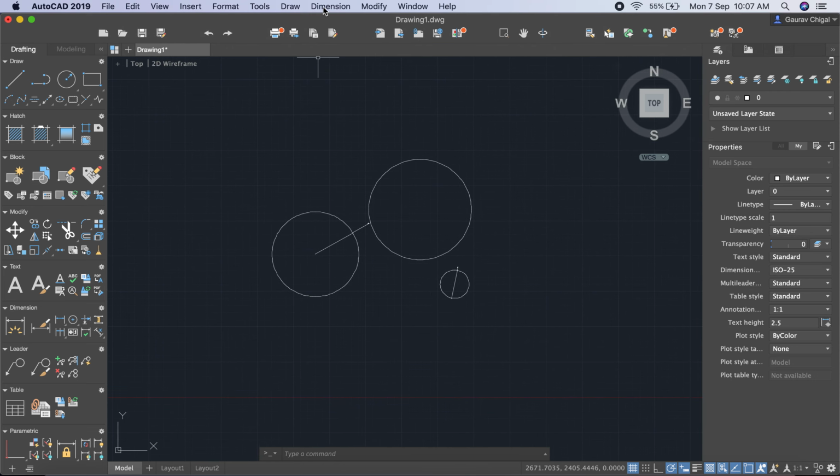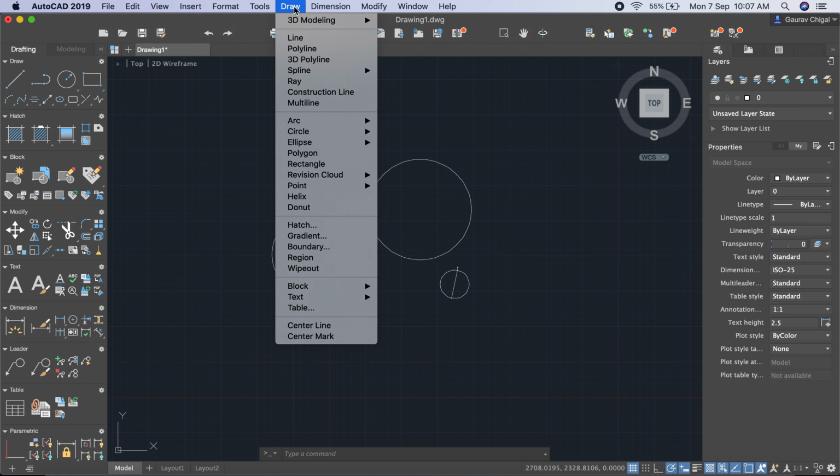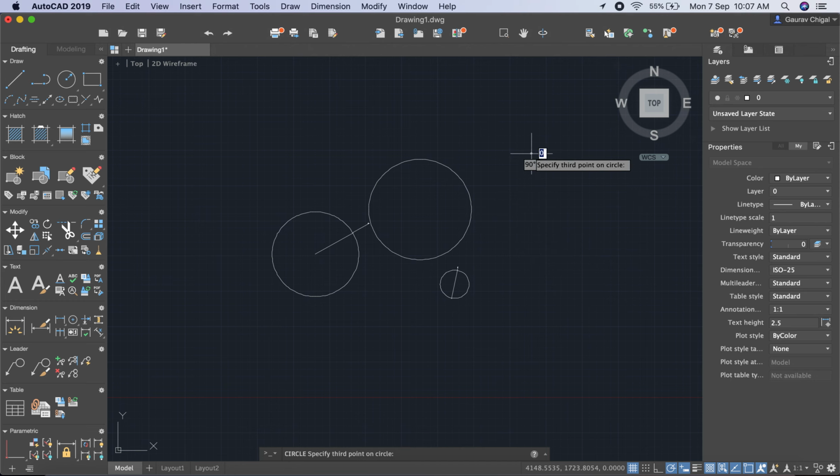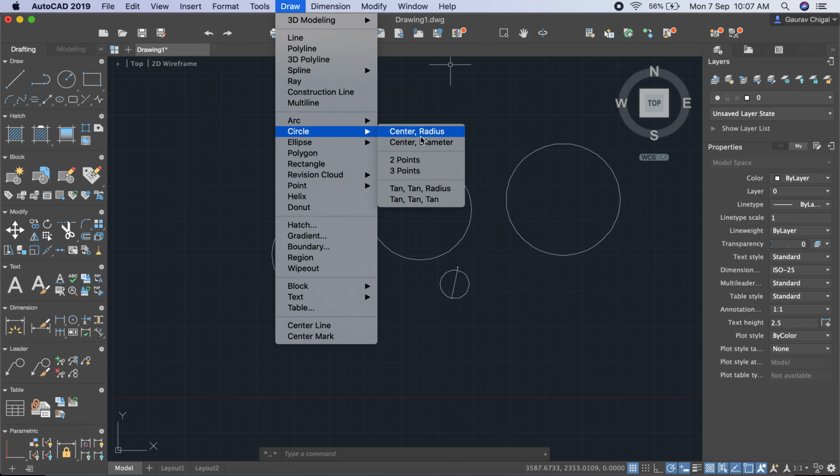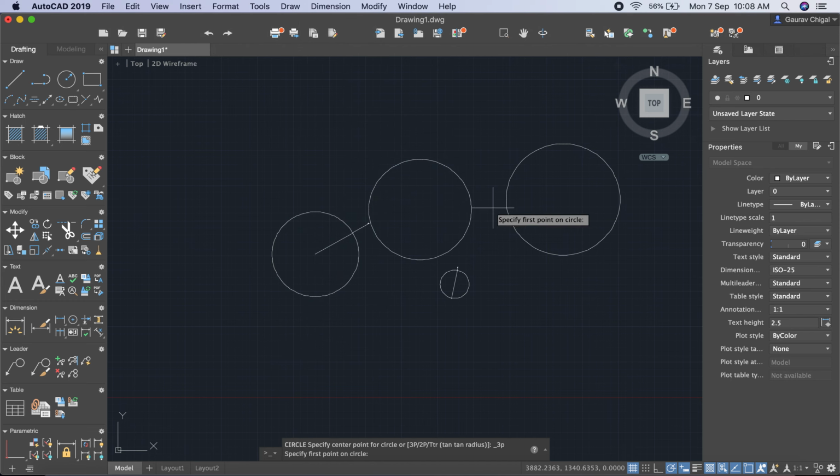Now you can select Draw again, click on Circle, and then go to 3 points. To draw a circle with 3 points, the points can be anywhere on the screen: first point, second point, and then you give the third point. Similarly, you can draw a circle with the 3-point option through the centers of these circles.